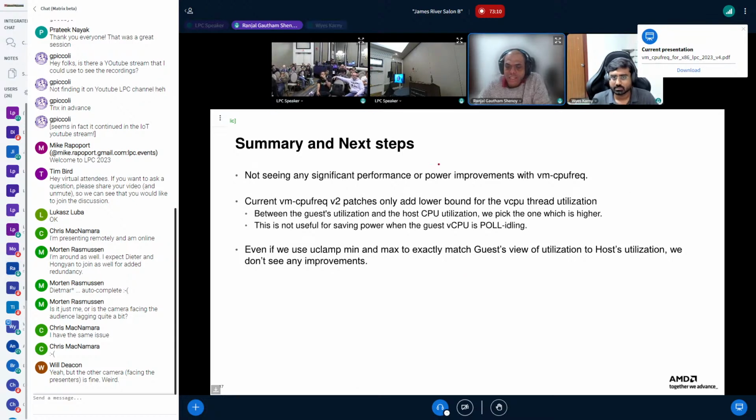But the larger concern is, Saravana, when the guest utilization is communicated to the host, in the code we saw that we were taking a maximum of the guest and the host's utilization, the effective utilization, during the computation. So as a result, since we are trying to optimize for the idle case, that was really not taking effect because the host utilization will always be higher.